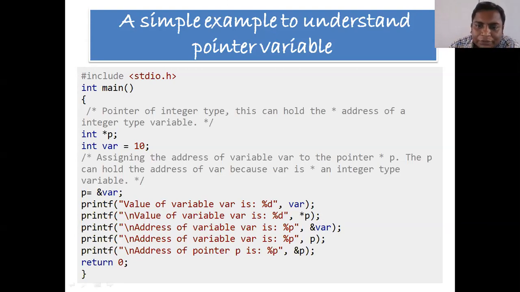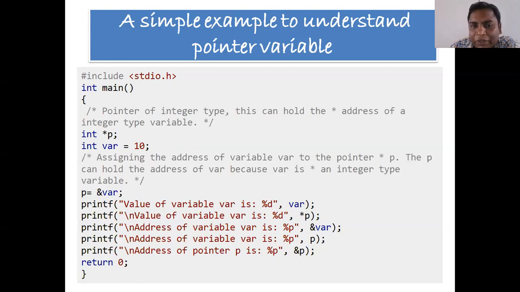So in this example, let us assume the address of var is 1000. This expression means it will print the value at 1000.